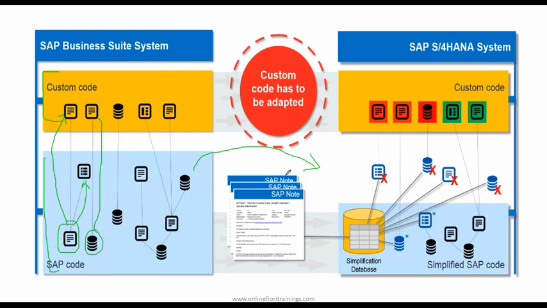When it comes to brownfield implementation, that makes things a little more complicated. Let's say you already have an SAP system, your existing ERP system, and now you want to convert it. When you do that, as we are saying, it's an evolution, it's a simplification. Many of the database tables will no more exist. Many of them will go. That clearly means it is going to affect you. And as you can rightly see on the right-hand side, where you have